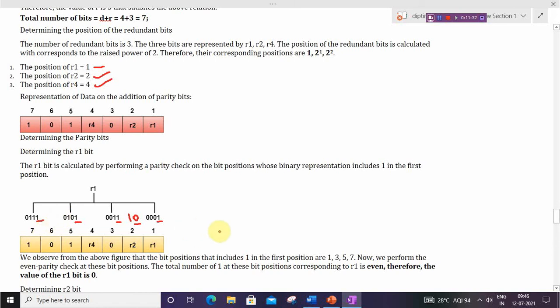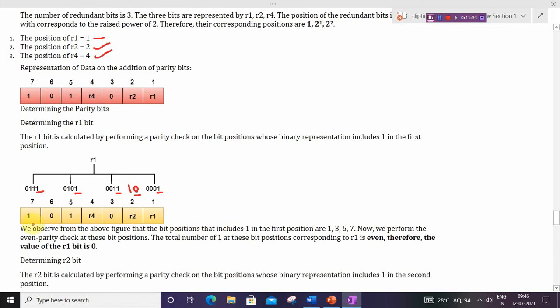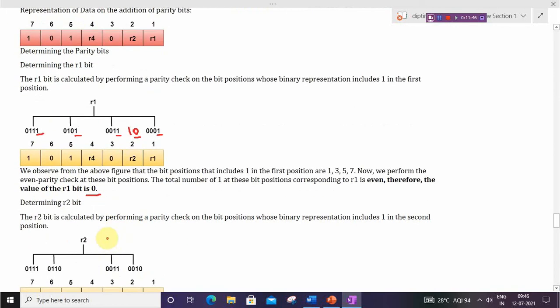So the value here: 7 is 1, 5 is 1, 3 is 0. Means here an even number of 1s, then R1 will be 0. Okay, so therefore the R1 bit will be 0. Next we have to calculate the R2 bit. R2 bit is calculated by performing a parity check on the bit positions whose binary representation includes 1 in the second